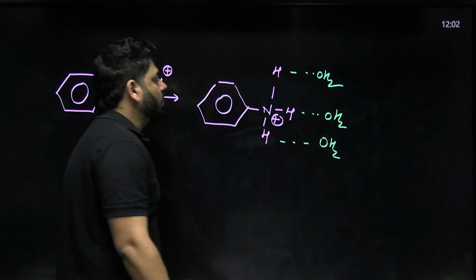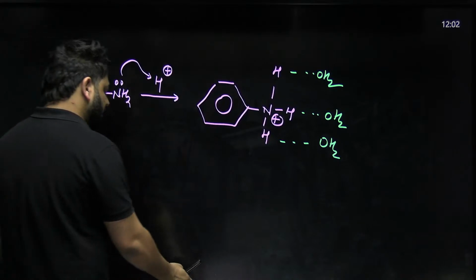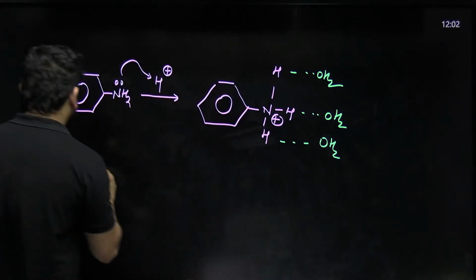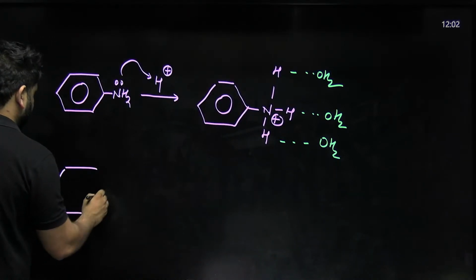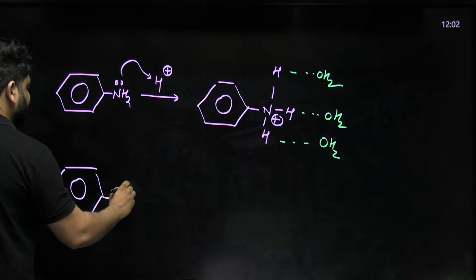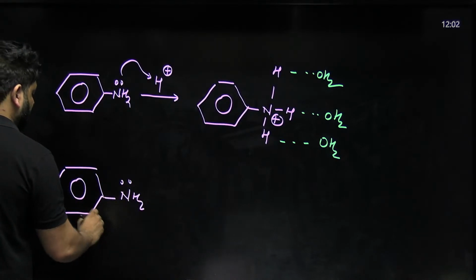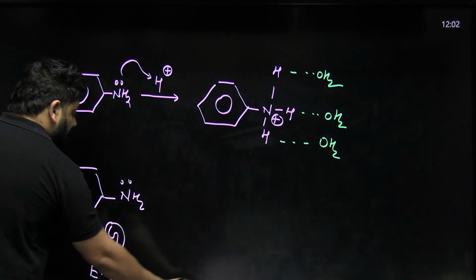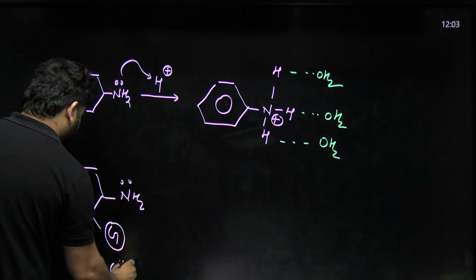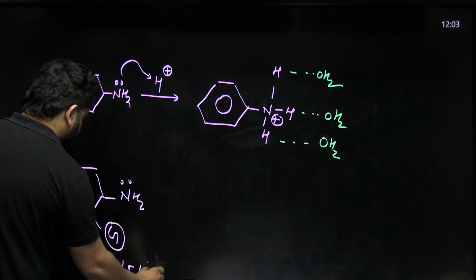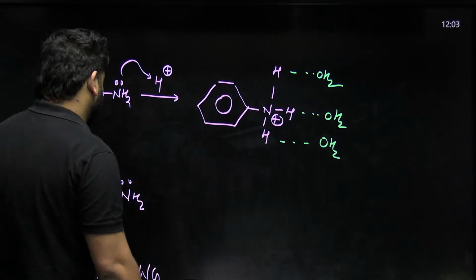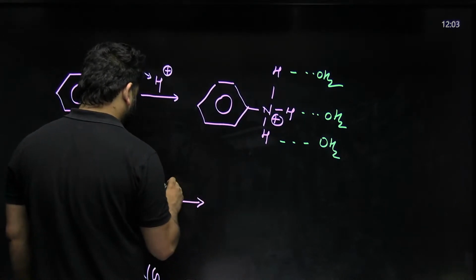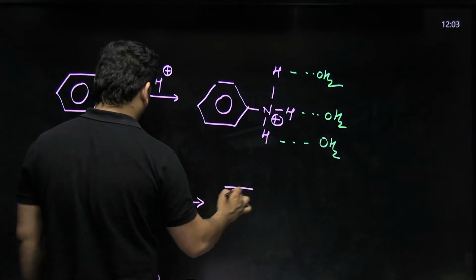Like this. But now what we are doing is we are providing it with another group, G group, present at the ortho position. Now irrespective of the nature, whether it's an electron releasing group or an electron withdrawing group, it directly affects the whole group. How? Let's see. So after accepting H positive,